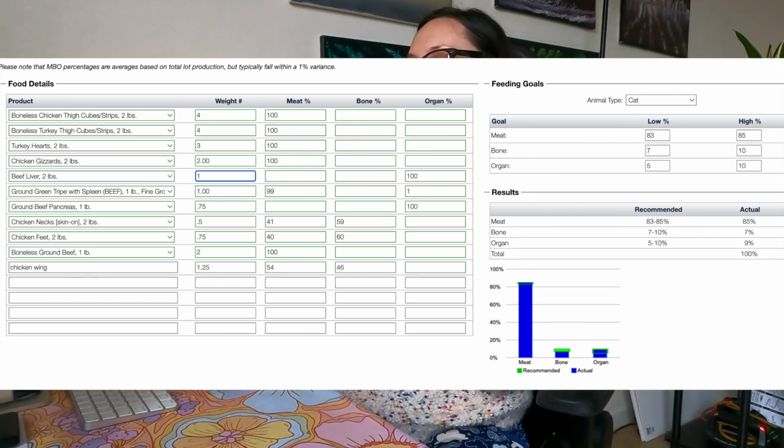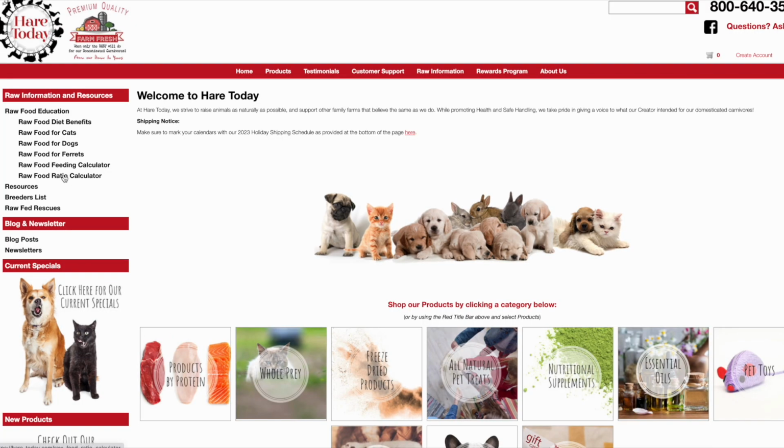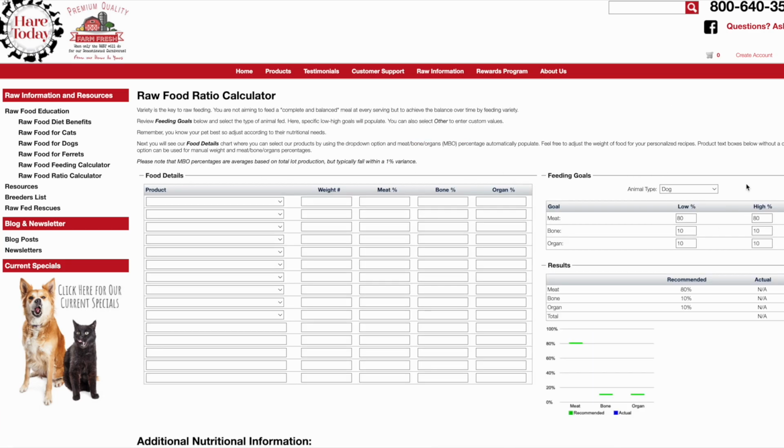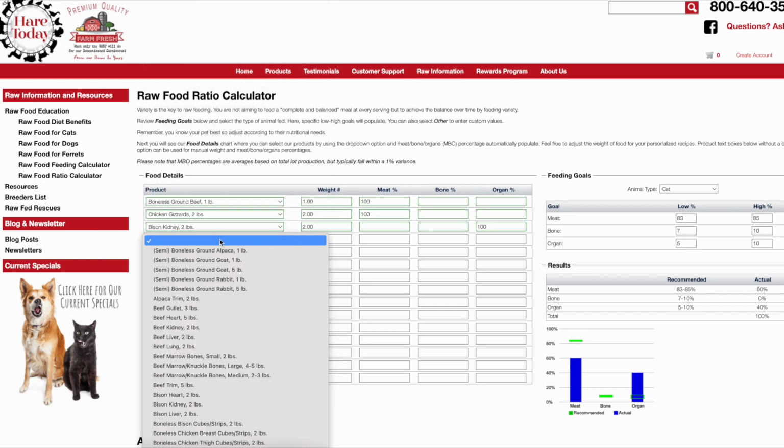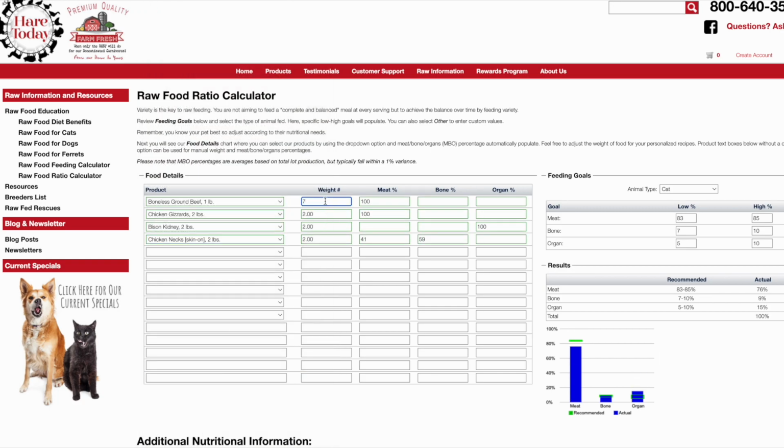So first, as a starting point, I'll use Hair Today's raw food ratio calculator. And this will help you get to an 80-10-10 ratio so that you know how many of each ingredient to add to the software, and then you can balance it from there. So you would select cat, and then all of the goals, the low and the high percent for meat, bones, and organs will populate. And then you'll see this graph on the bottom, and it'll say results, recommended, and actual. And as you start adding ingredients, the bar graph will show you what's in the food details that you're adding